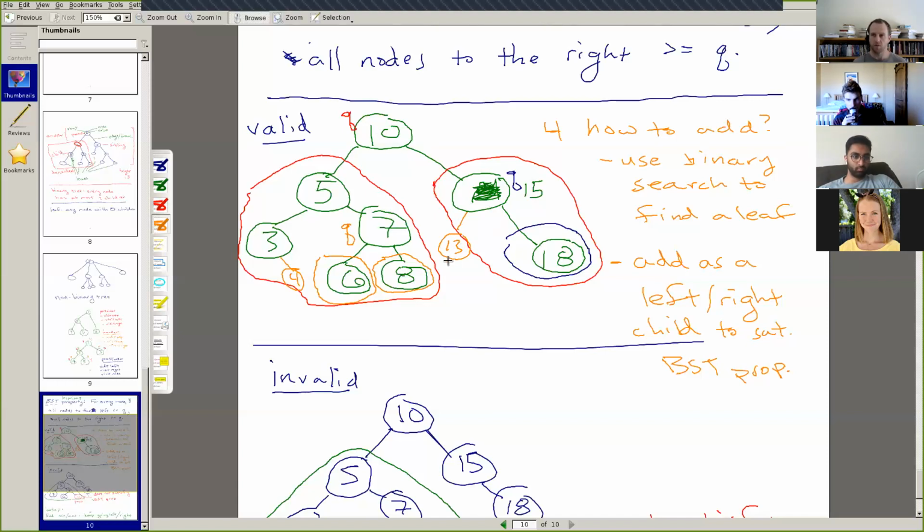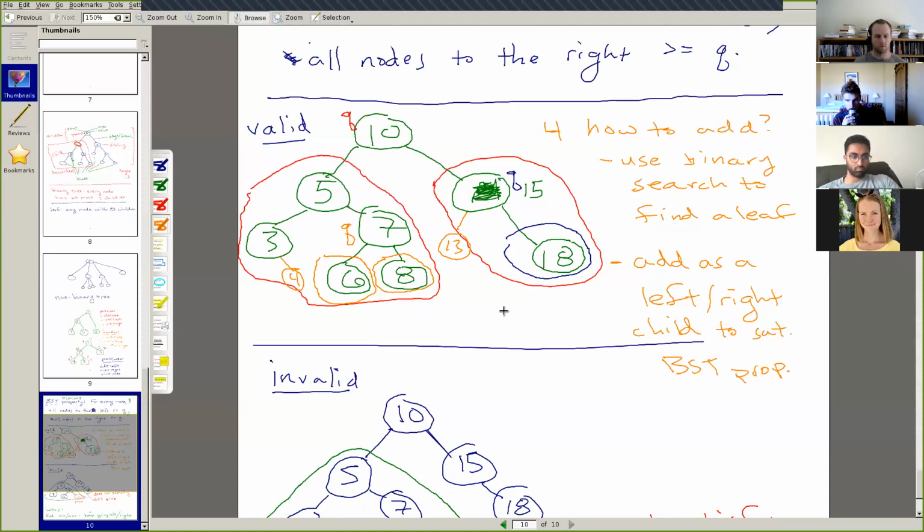Maybe another way to think about this is that what we're trying to do is make it so that when somebody searches for whatever number we're looking for, then they're going to find that number. So all of the procedure starts with the same search procedure for the number we're inserting. If we're inserting 13, we first go right, then we go left. And then once we've found the spot where the number should be, but is not yet, we insert it. So this uses binary search, the thing that we're searching for is the number that we're inserting.